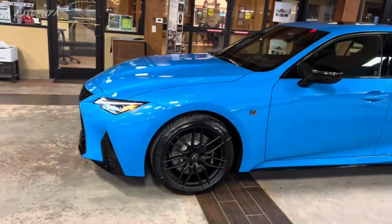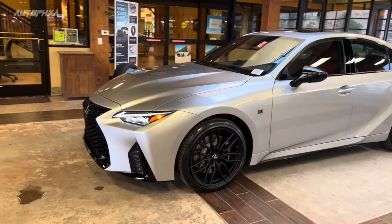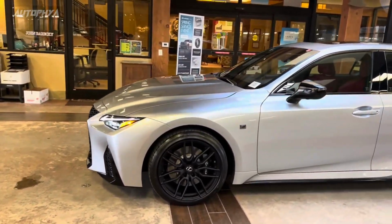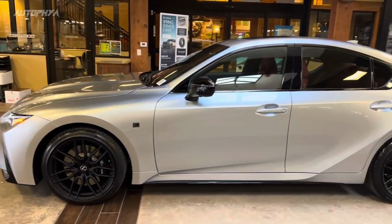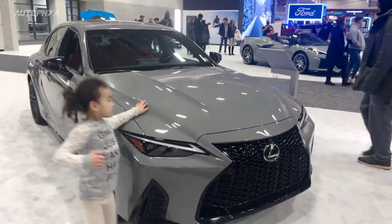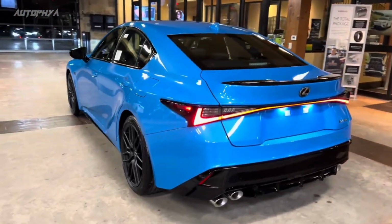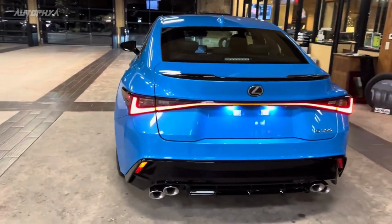Lexus makes the F Sport trim more widely available on the IS for 2024. For the first time, the base 4-cylinder IS 300 can be had as an F Sport. For those primarily interested in sporty looks, the F Sport design trim level skips the mechanical upgrades but retains the